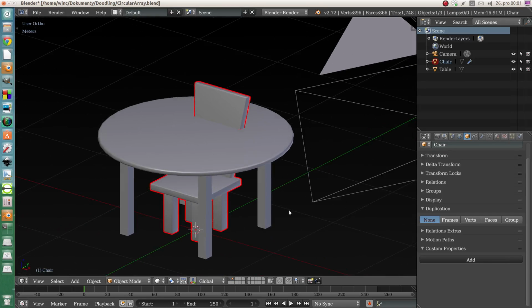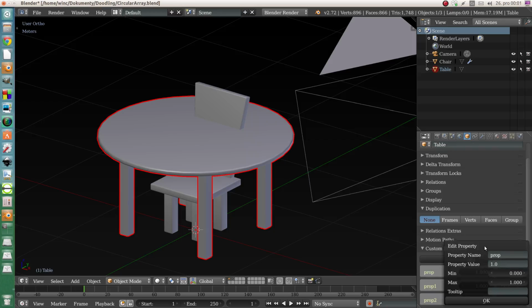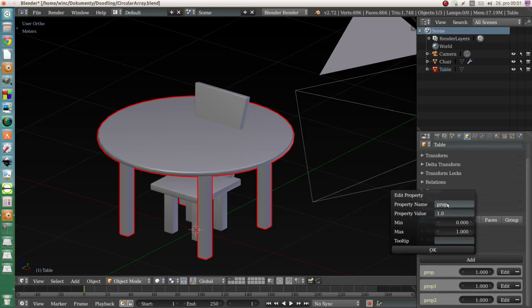And let's set up the properties. Well, I already have them, but so you will see how it's made, I will add three more, and everything you need is, in each property, hit edit and edit the property. Give it some name which has to be unique, so you can address this property by its name and Blender will know that you mean just this property, not anything else. So for example, radius,